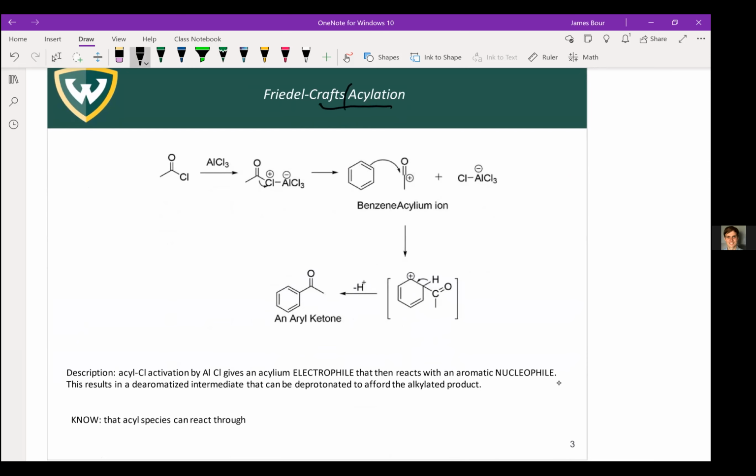Acylation, this is an acyl species, is a carbonyl, something like this. I'll put a wiggly line, meaning it could be attached to anything, and this is an acyl species, okay? So when we're acylating things, we're adding a carbonyl with a substituent off of it to that species. The aluminum trichloride can activate the chlorine on this acid chloride and generates what's called an acylium ion. An acylium ion is our electrophile, E+,